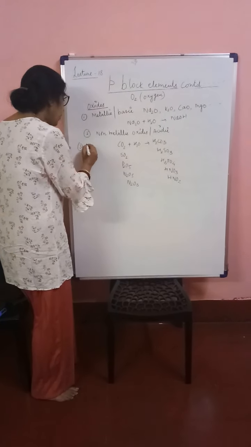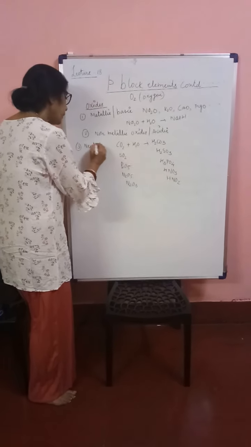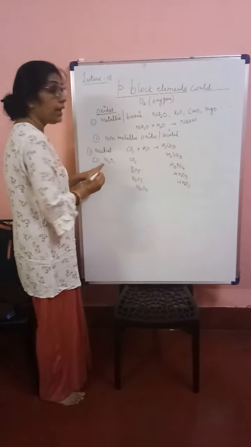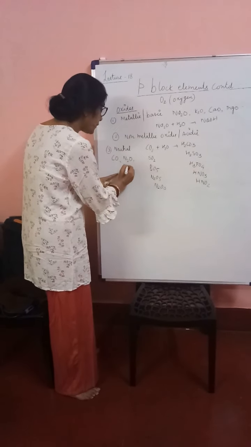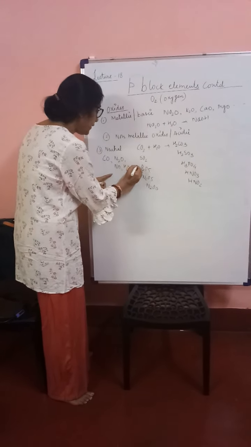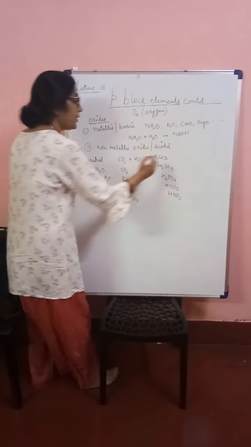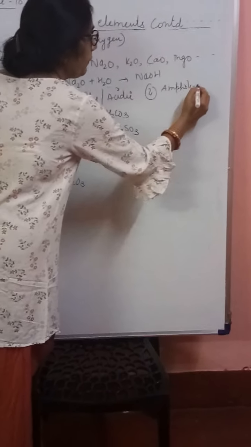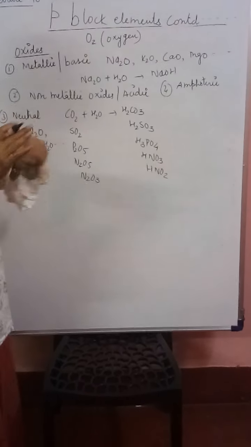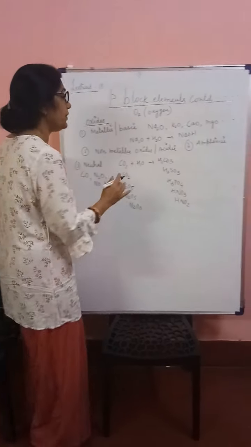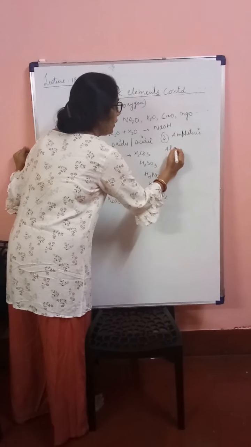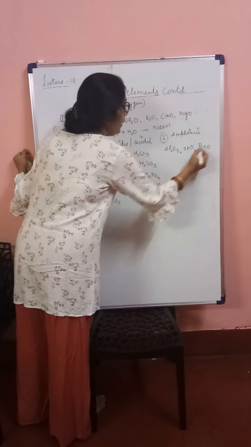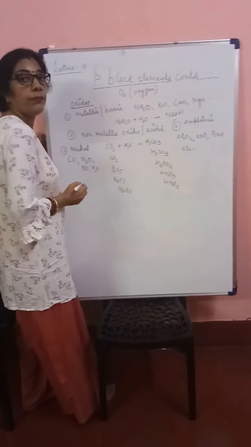When I say neutral oxides, some examples are carbon monoxide, N2O, laughing gas, nitric oxide, water. These are the examples of neutral oxides. Then come the amphoteric oxides. Amphoteric, as you all know, can act as an acid as well as base. Here examples are alumina, zinc, beryllium, lead, etc.